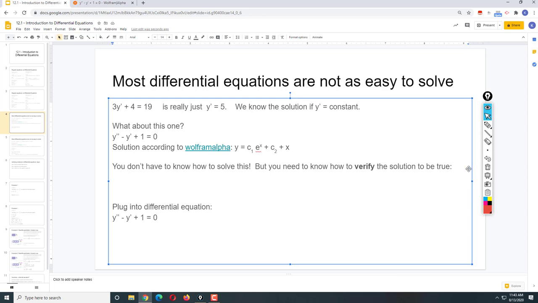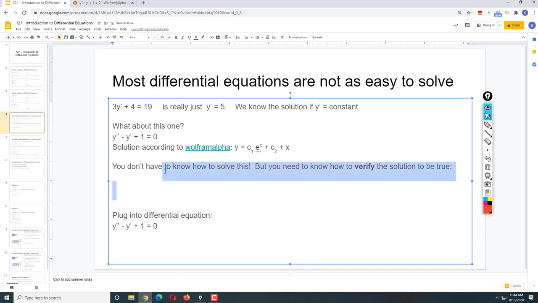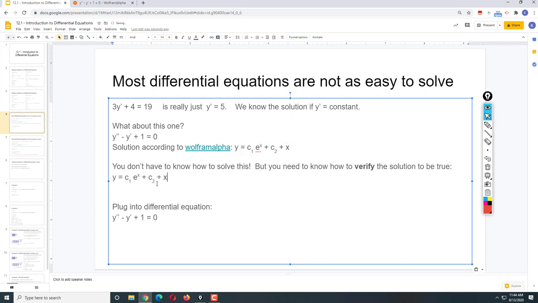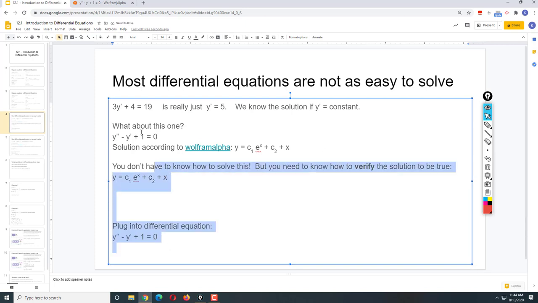Let's verify. Let's show that it actually works. That's a solution. Well, our differential equation has y prime and y double prime in it, so we have to figure those out. All right. Let's give ourselves more space. So, given that y is equal to c1 e to the x plus c2 plus x, okay, that means that,